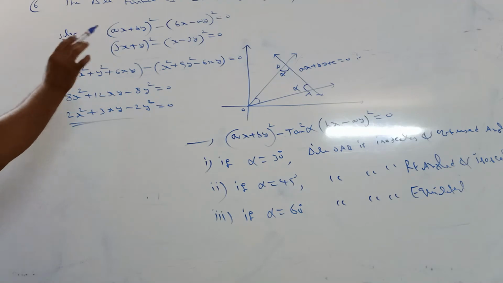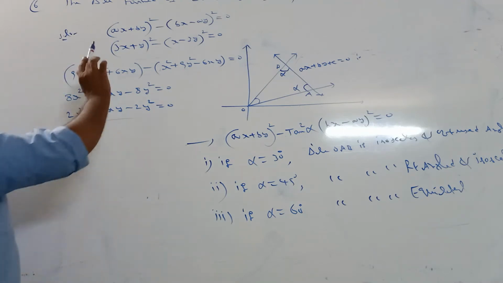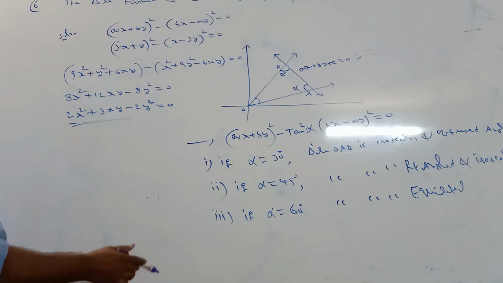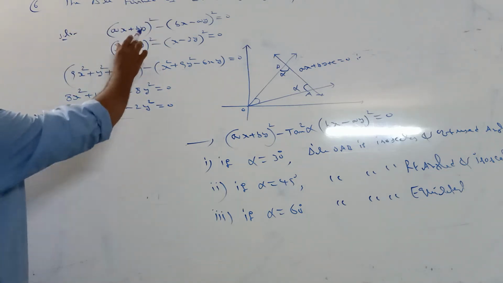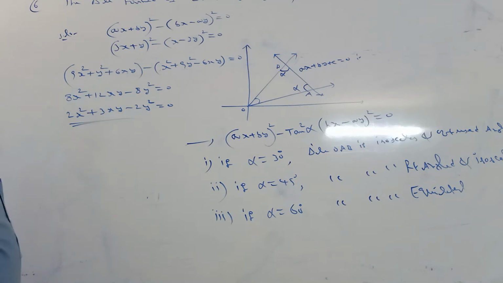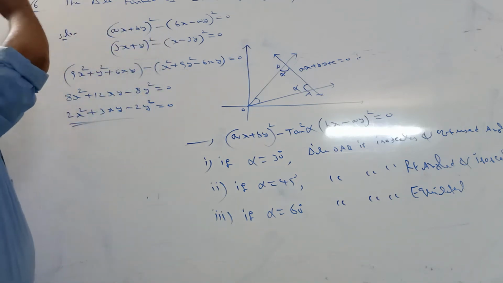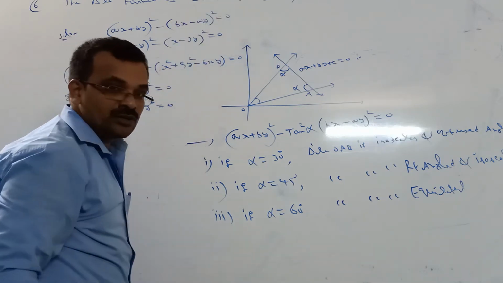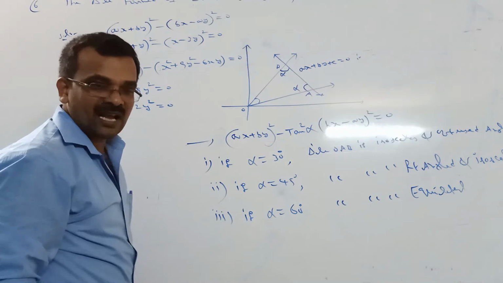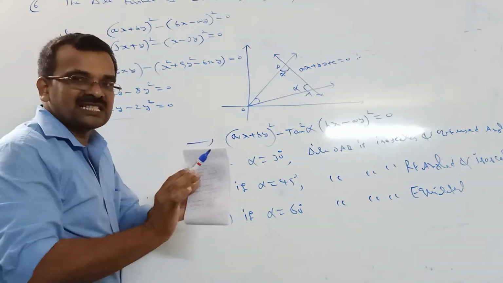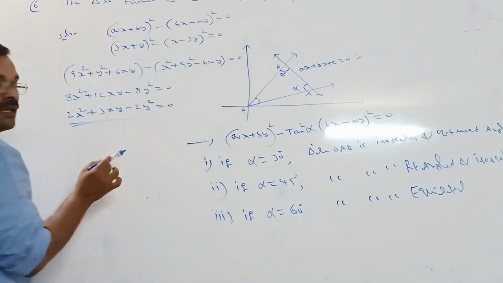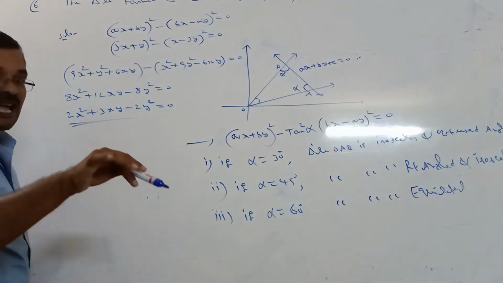So obviously the three lines form a right angle isosceles triangle. Suppose you do not get the given pair of lines when you apply this formula, at that time the triangle should be only a right angle triangle. How to say? In the pair of lines, a plus b equal to 0 means both lines are perpendicular lines. Perpendicular lines form a right angle triangle. If you got the given pair of lines when you use this formula, obviously there should be a right angle isosceles triangle.